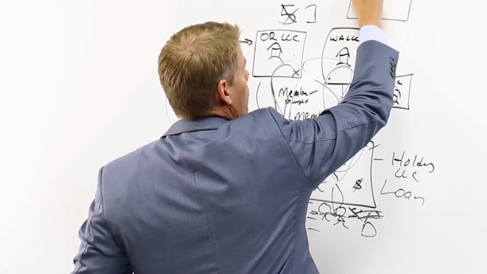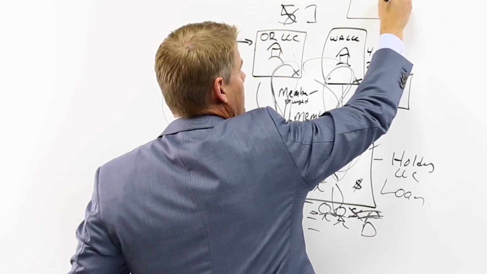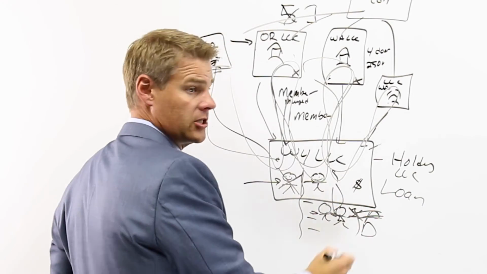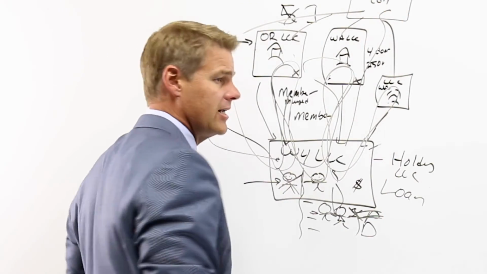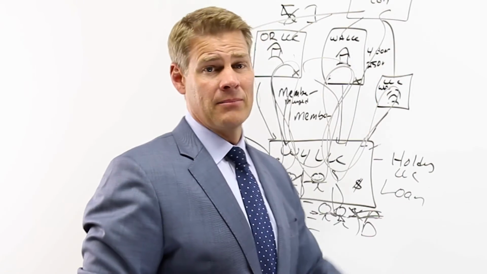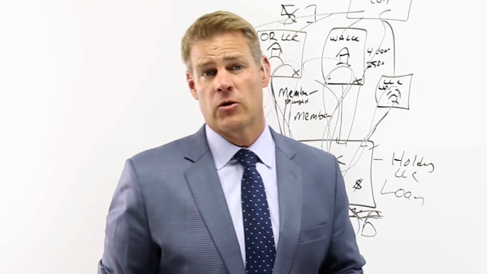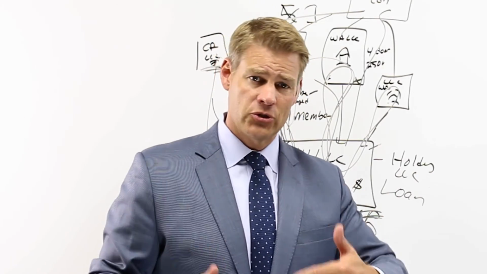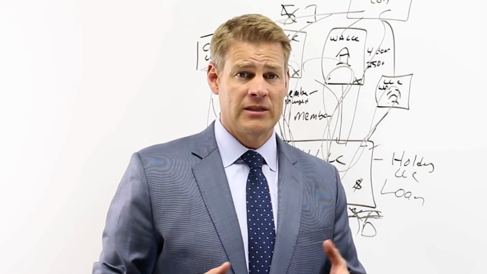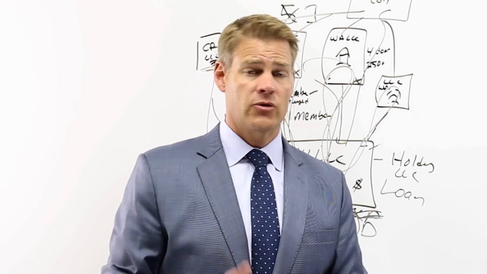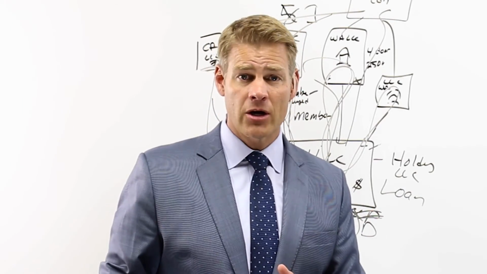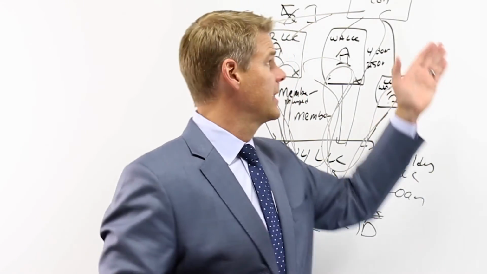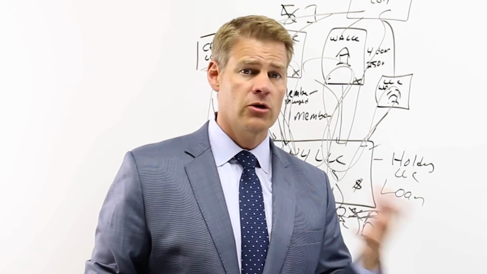How about this? Create a management corporation up here. A management corp that manages all of these LLCs. And instead of taking money out as a distribution, you pay the company to manage your property. It's a great way to get money off of rental real estate. With that management corporation, you can pay yourself a salary, contribute to a pension plan, reduce your taxable income, pay for all your expenses as you travel around looking at properties throughout the country. Maybe you attend educational seminars to learn how to invest in different strategies or different areas of the market. Those all become expenses to this management company that you can write off.